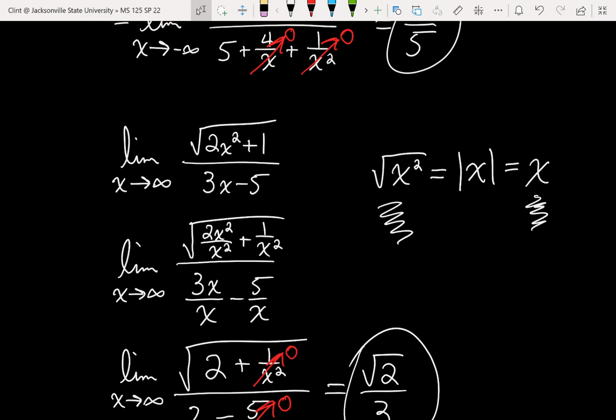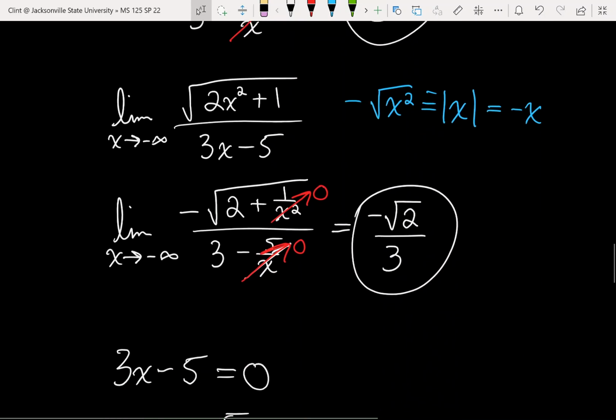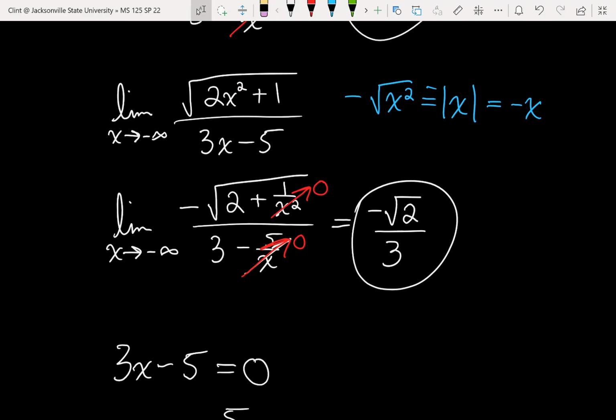You do have to be a little careful. Sometimes going toward negative infinity, you'll get the minus sign in there, because we could get negative square root of 2 over 3. Thinking your way through that one without doing the rewrite, here we would have the ratio of the leading coefficients, square root of 2 over 3. But since we're going toward negative infinity, in the top, when we square that, it'll make it positive in the top. But in the bottom, it's just linear, so it would make it negative in the bottom. So positive in the top, negative in the bottom gives us a